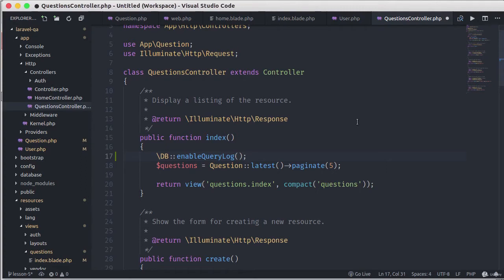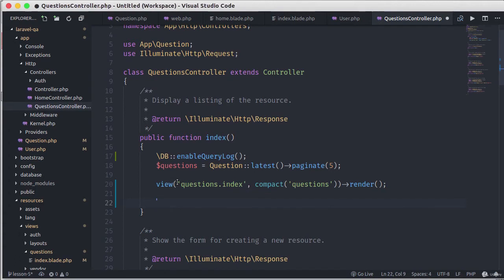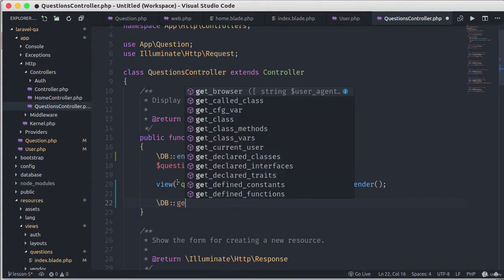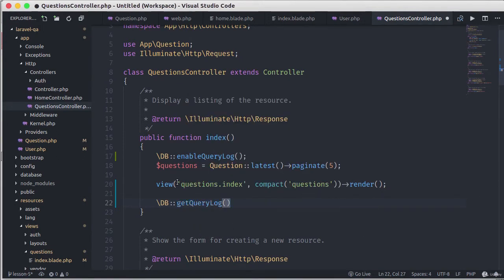Then we don't need to return the view as a response, so we need to remove the return. And then change the view function call with render, like so. The render method returns the string content of the view, and by doing this, our view will get compiled, but it will not render to the browser. Finally, we can see the query log by calling DB::getQueryLog, and then pass this in Laravel's dd helper, like this. Okay, save that,